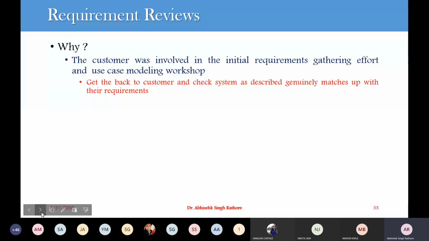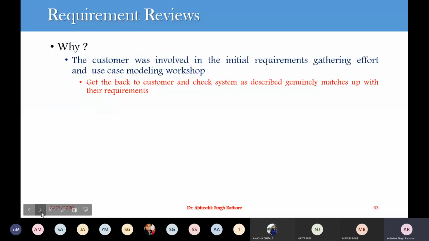The first point is that the customer was involved in the initial requirement gathering efforts and the use case modeling workshops. But the problem is that going back to the customer and checking whether the system being described matches our requirements is a difficult case. Why? Because you don't have a direct connection with the customer.